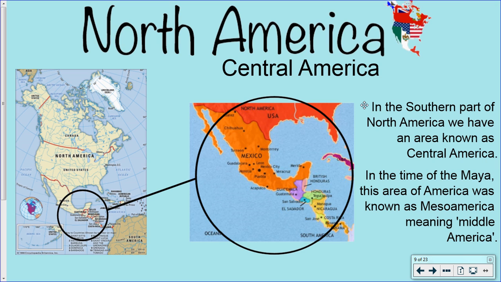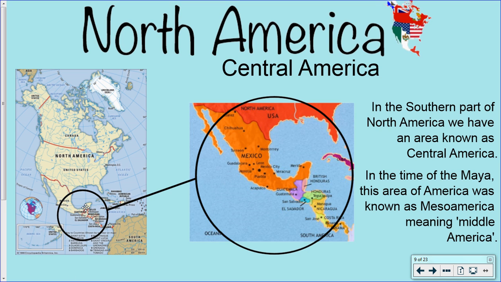Now, the parts of North America that we are going to be really focusing on in this topic is in the southern part of North America. So obviously you've got the USA in these 2 parts over here, Canada, Mexico, and then it goes down into all these smaller countries. All of this is North America, but we're going to be focusing on the part known as